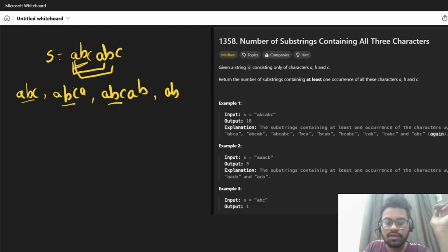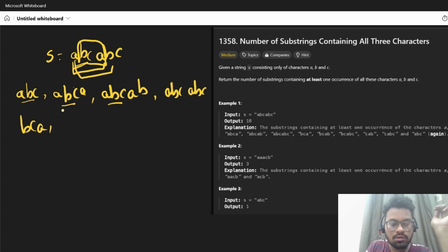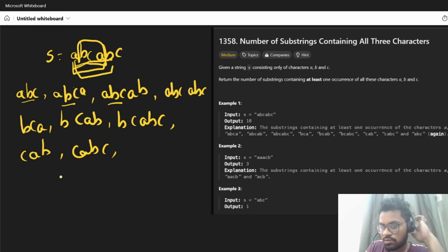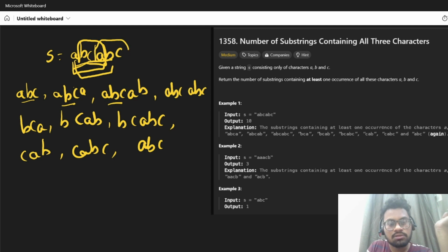Then we have another ABC. In another case, we have BCA, BCAB, BCABC, CAB, which is this CAB. We have all the occurrences of ABC. CABC, then another part of the ABC, this ABC. So totally we have 10. So that's the answer. If you carefully observe the pattern behind it, let's take another example as well,